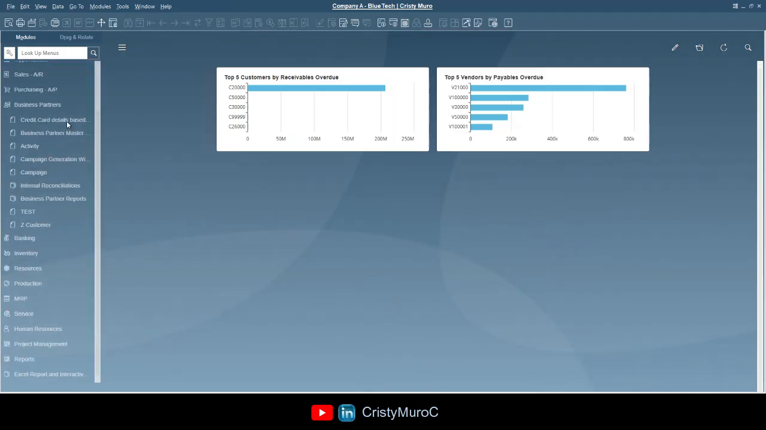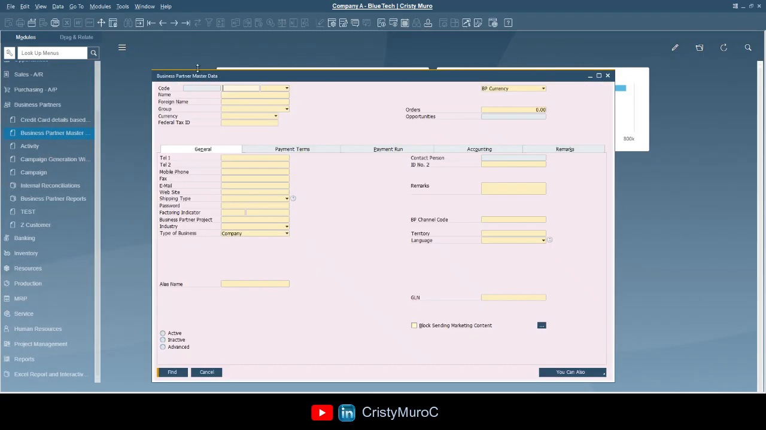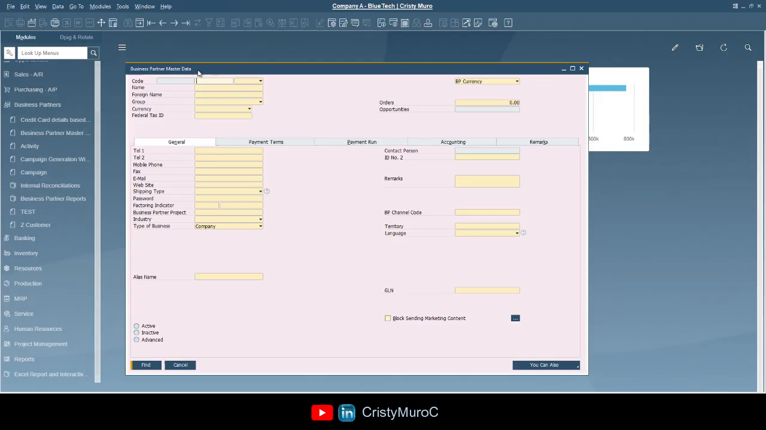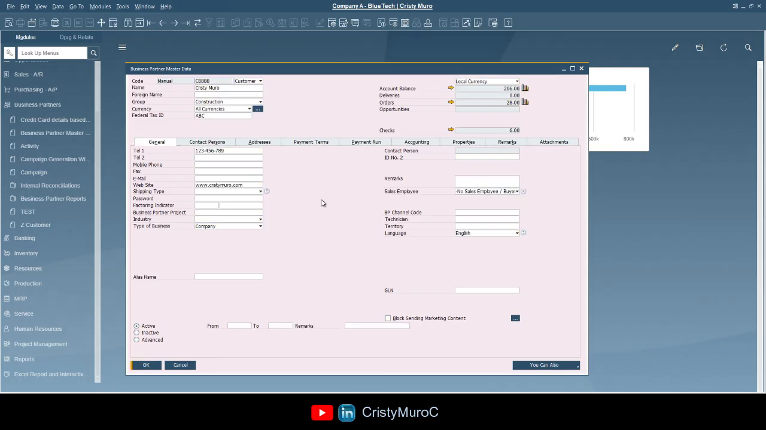Now I'm going to open the customer master data again to show you something. This is a very common issue that new users run into. So let's say, for example, that I want to find a customer. I am in find mode. So I'm going to start typing the customer code and click on find. And here I have the information for this customer. But now I want to find another customer. The customer name that I want to find is, for example, Maggie. So if I start typing Maggie,